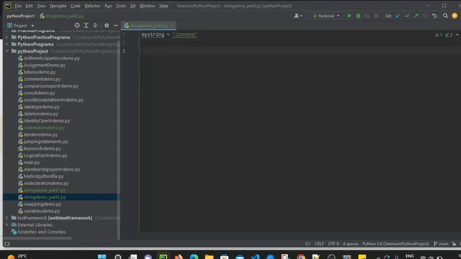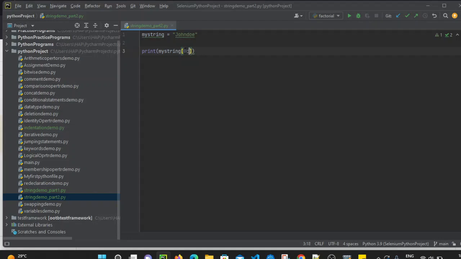Now I am going to use the slicing operator. I will simply use print first, then my string. We want to slice it out, or fetch a specific substring from the original string. So I will use my string, and after that we have to put the slicing operator. I want to fetch J, O, H and N, so I want to fetch John from this entire string. We have to mention the starting index, and remember that the first position in a string is always 0. So 0 is the starting point, after that a colon.